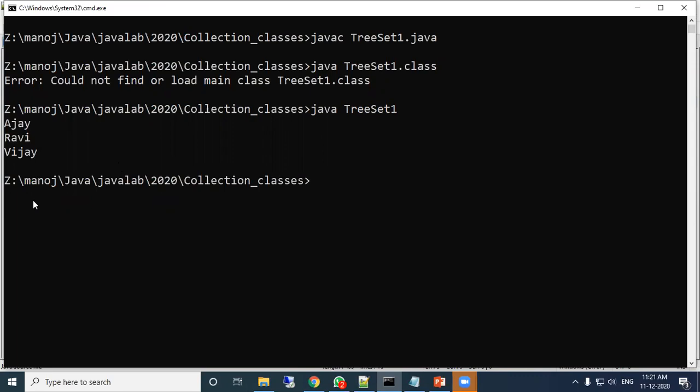Okay. So in alphabetical order, it is sorted top to bottom.